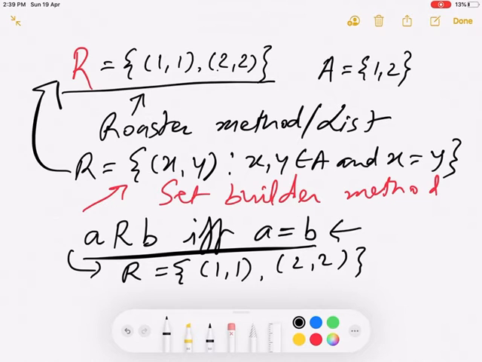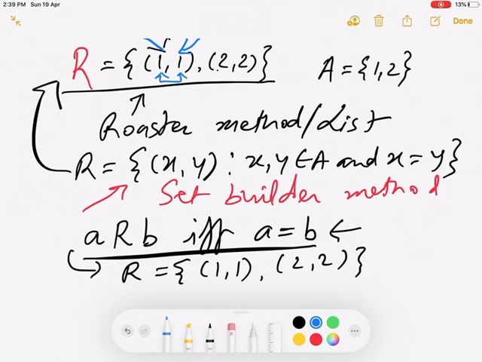So if you see over here, the first element and the second element, both of them are the same. So if a relation contains all such ordered pairs in which the first element and the second element both are same, then we can say that any element is related to itself,